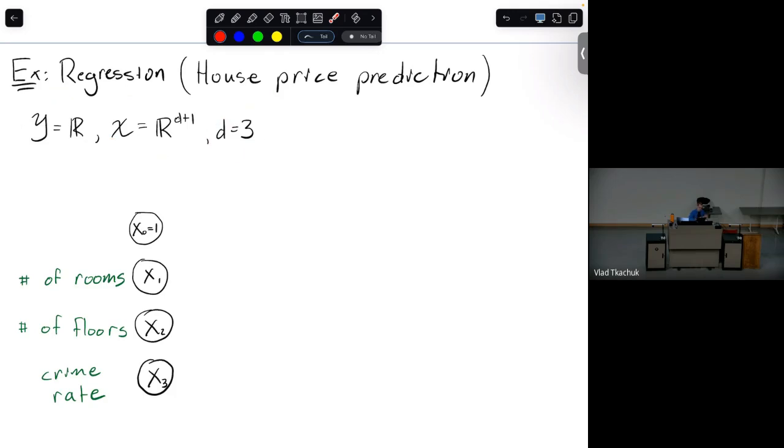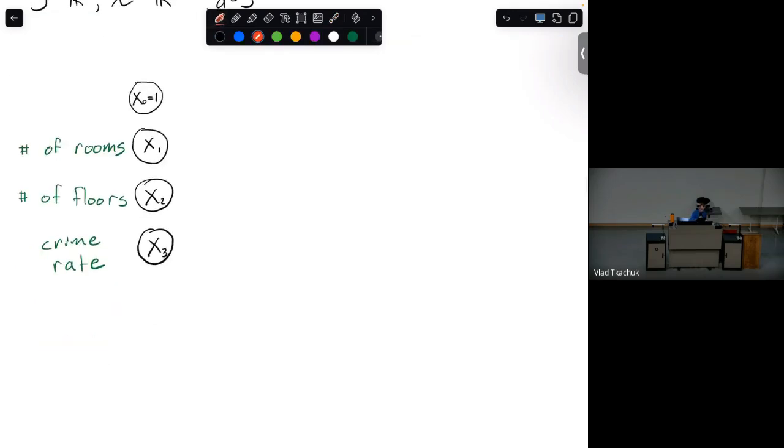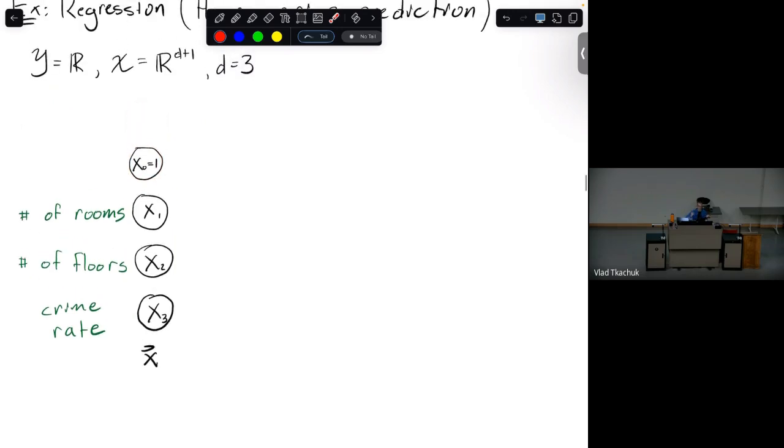So this X feature is our input. We write it out as we've seen with neural networks. You have these 4 neurons. There's this 0 neuron, which is the bias term. Since this is an example, I give a very specific interpretation to each of the features. X1 will represent the number of rooms. X2 represents the number of floors in your house. X3 is going to represent the crime rate of where that house is located, or something like that.